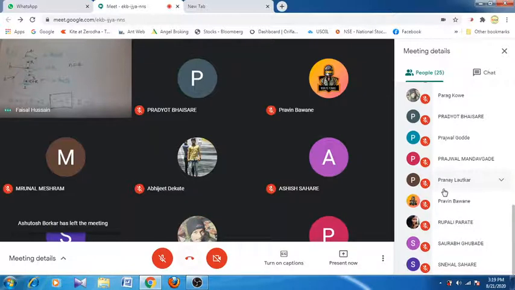So the number of links is 4. The number of binary joints is 3. Higher pair 1. No redundant degree of freedom. So the answer will be 2. F equal to 3(n minus 1) minus 2j minus h. So this is your answer. It means that there will be 2 inputs. 2 inputs are required for one output.